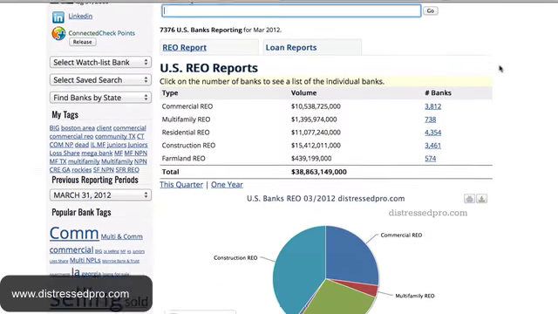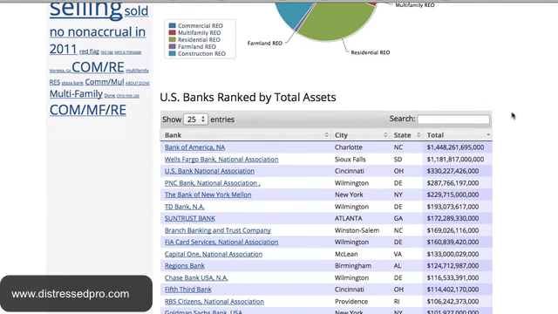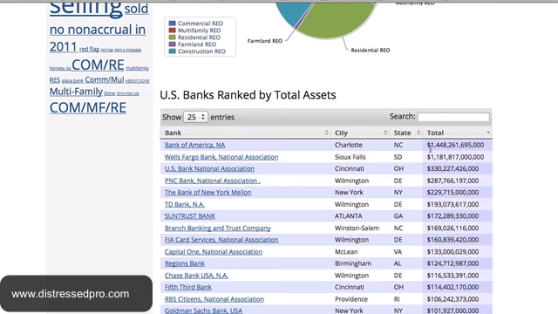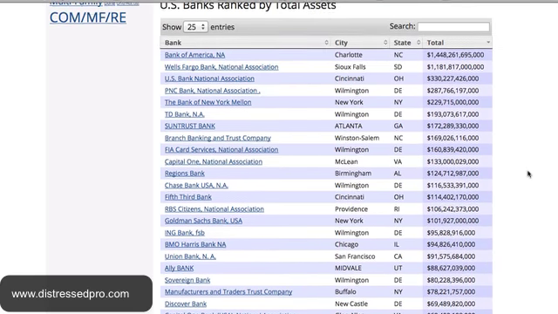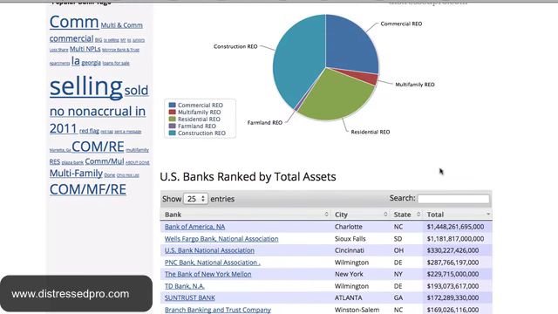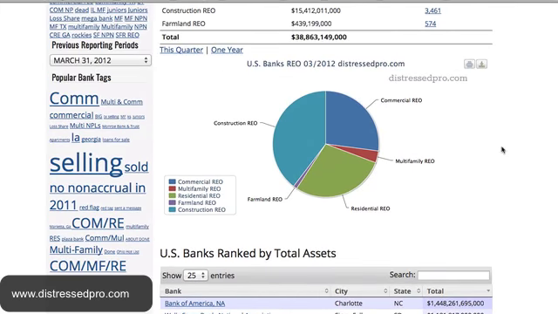If you scroll down to the bottom, you can see it's U.S. banks ranked by total assets. Now these are banks. This is the total assets at the bank, okay? And this includes all their deposits. This is all of their assets. This is just a quick bank ranking to look at,